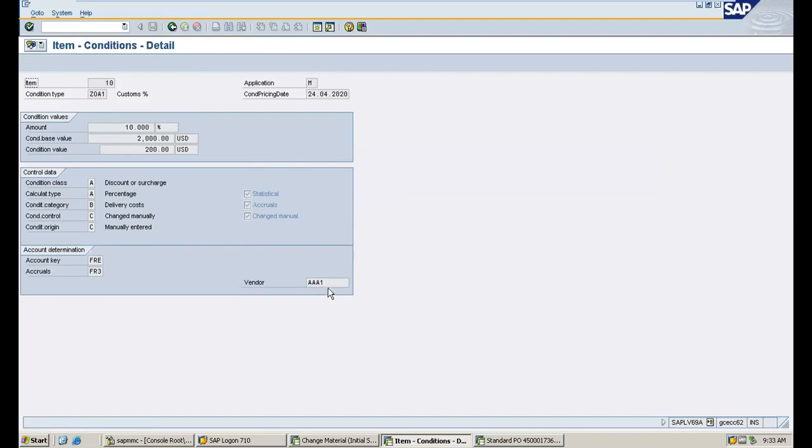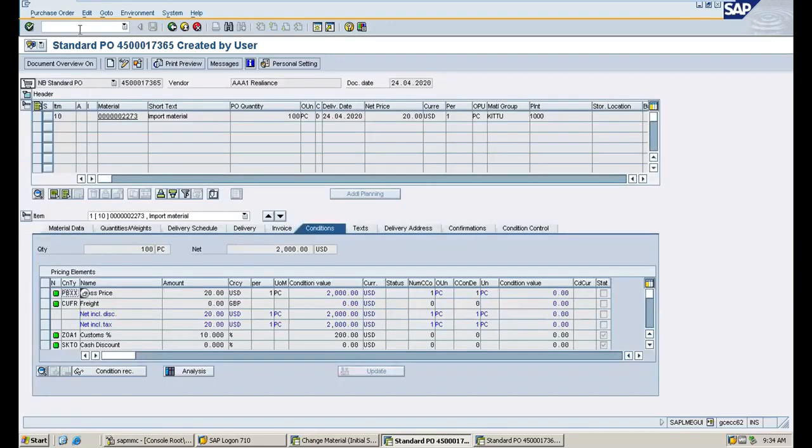order. In this, the vendor is AAA1. Okay, you can maintain a different vendor who is clearing the customs, so that the customs value needs to be paid to the customs vendor. Now go to /n MIRO, which is for posting invoice for the respective customs. They're saying that the customs has been cleared by the customs vendor, and we have to pay the customs duty to the